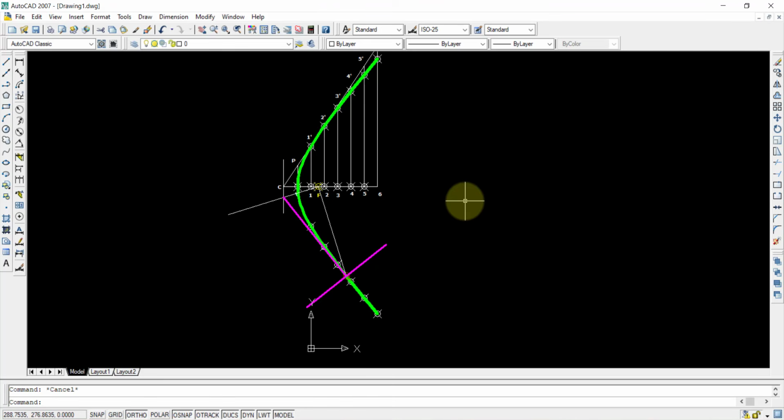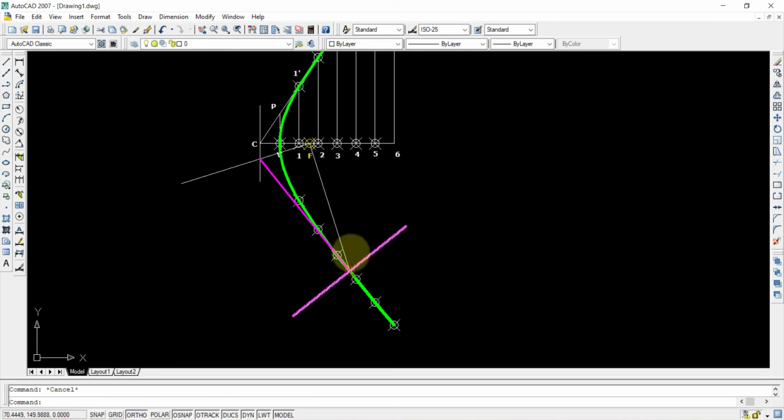So basically, when you are drawing this, after selecting that point, from that point to the focus point, I'll draw two straight lines, and one straight line is rotated towards the directrix side. In this case, I have rotated it 270 degrees. If you select 90 degrees, it will come to the opposite side. That one can be extended up to the directrix by using the extend command. Whatever it is, no problem. 90 degrees or 270 degrees, you'll get the line. After the line is got, you can extend it.